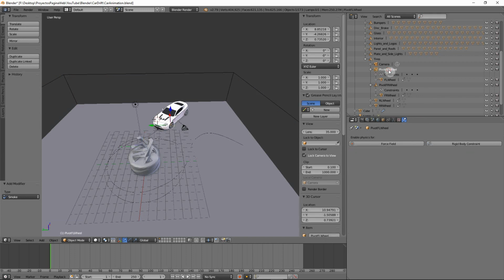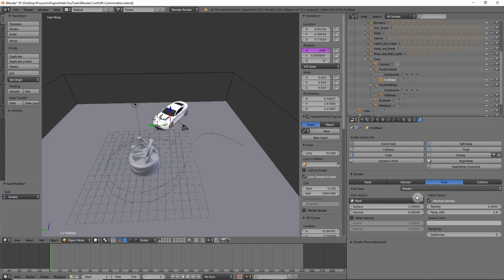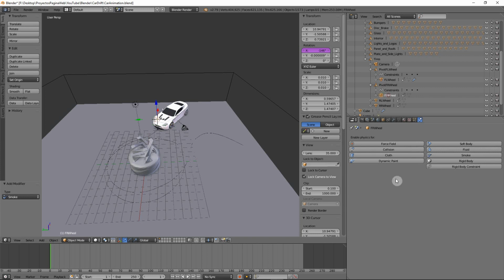We're going to add now to the wheels also smoke, but this time it's going to be flow. The surface, let's do it to 0.5, and initial velocity, we are going to add it to all the wheels the same way.